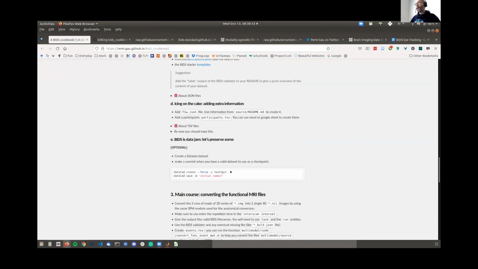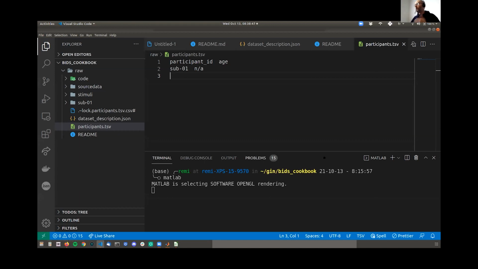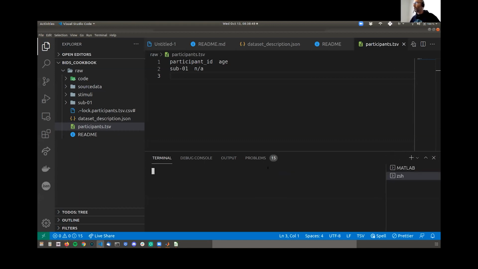One thing you can do, and I like to do, is also use DataLad. I'm not going to explain too much about DataLad because that would be an entire workshop by itself. But what I like about DataLad is that you can create checkpoints on your data, so that if you mess something up and want to go back to a state of data that you had before, you can always travel back in time. It provides a safety net where you can go wild, but always come back to a clean data set.